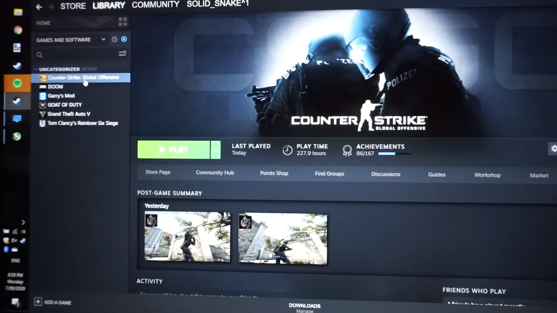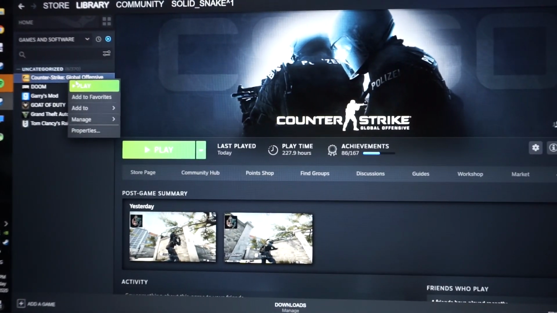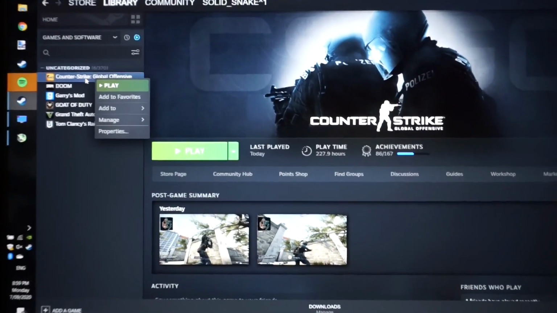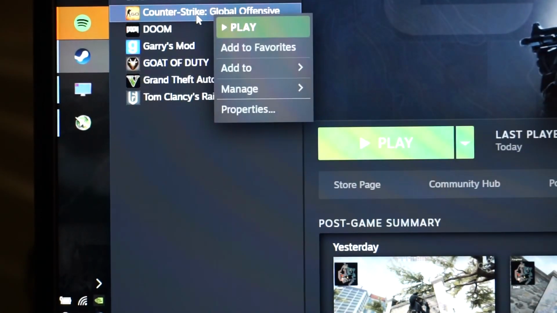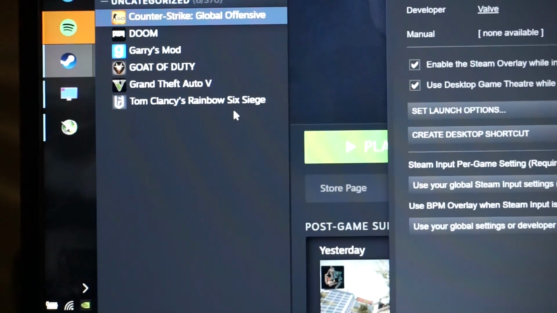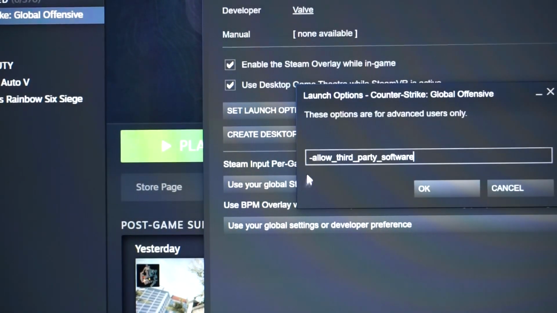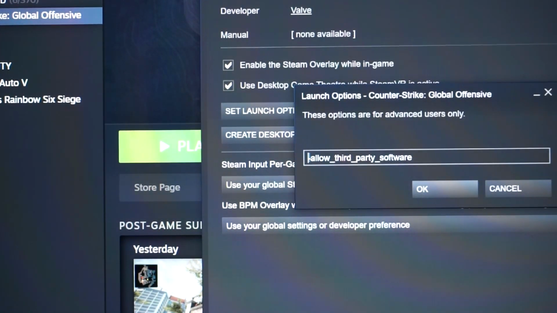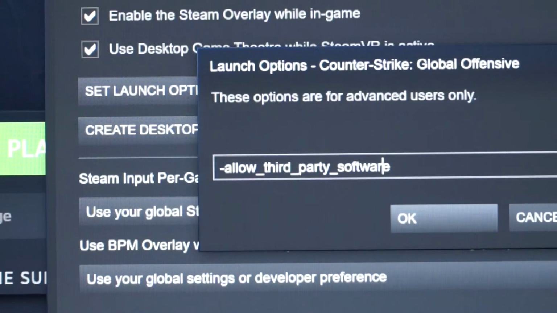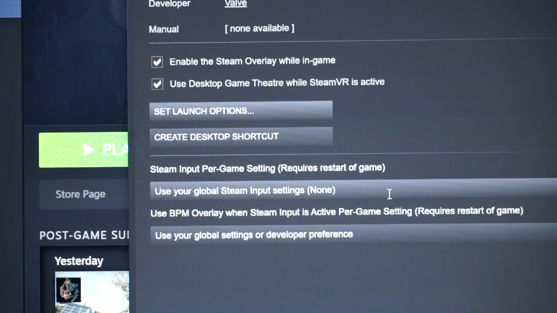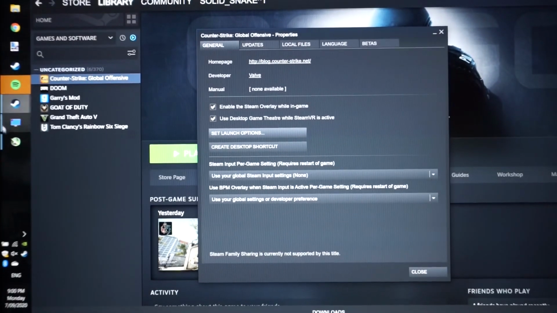what we're going to have to do is the following. First of all, we need to right click on Counter-Strike. Move my camera over. You want to go down to Properties. Then from there, we want to go to Launch Options. Type in -allow_third_party_software. So we want to do that. Go OK, and then from there,